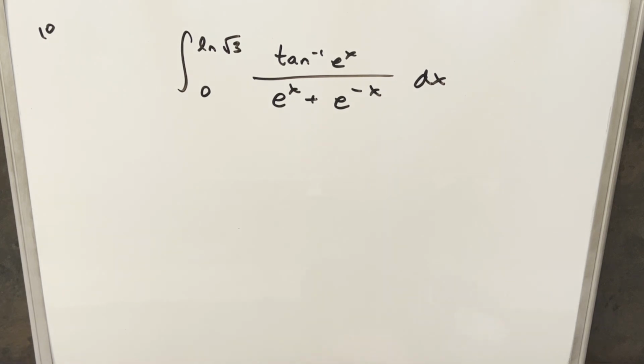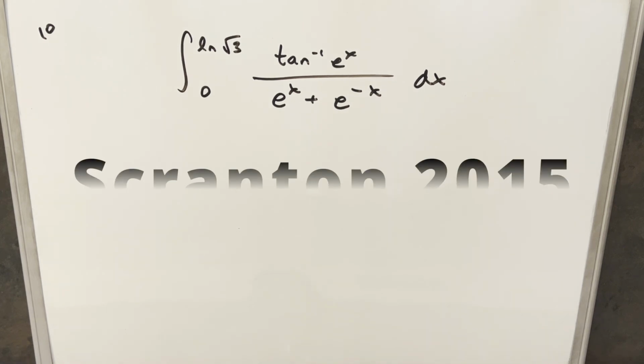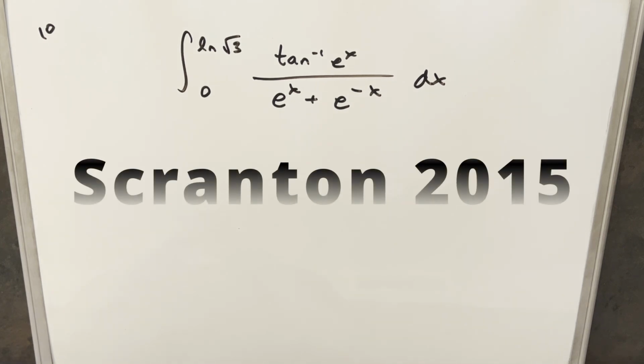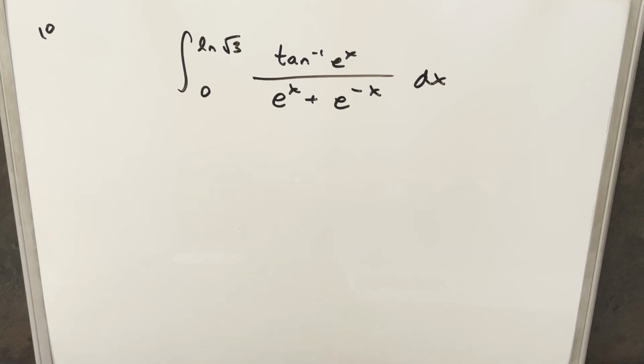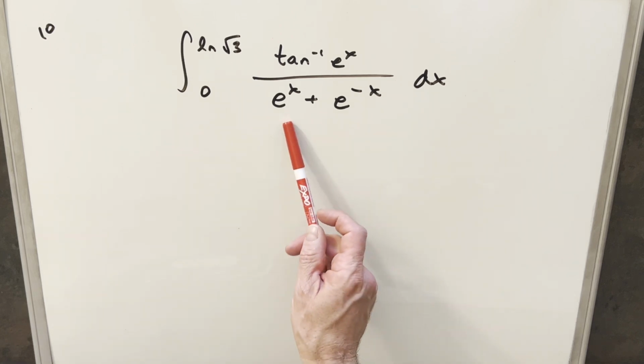Okay, let's take another integral from the Scranton Integration Bee 2015, problem 10. We have the integral from 0 to natural log square root of 3 of arctan of e to the x over e to the x plus e to the minus x dx. I think there is actually a shortcut with this one if we notice the similarity to cosh,